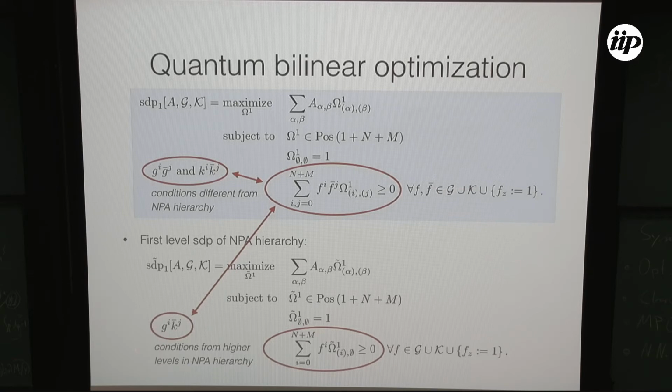So these mixed constraints actually show up in the higher levels of the NPA hierarchy, but there are some that never show up, okay? Now, of course, we know the NPA hierarchy actually converges. So in that sense, those constraints are not needed if you want. However, they can help you a lot in practice, at least potentially. For example, for this channel I had on my slide before, these constraints were actually saving us. These were the constraints that gave us, on the first level already, a non-trivial bound, or the actual P star value.